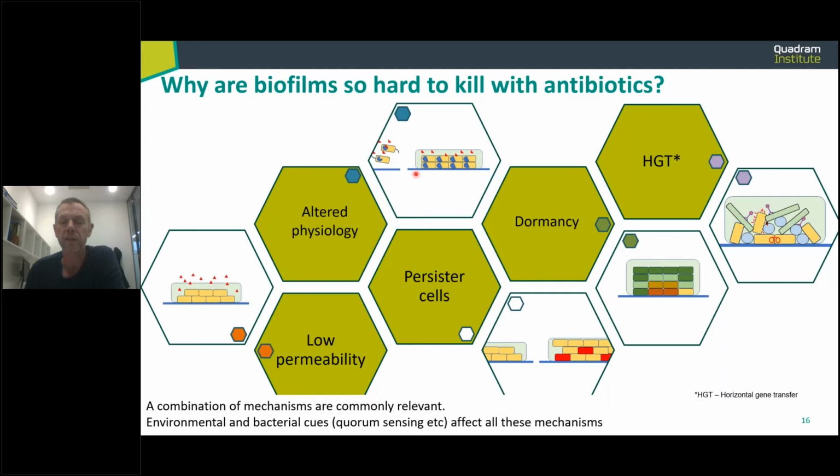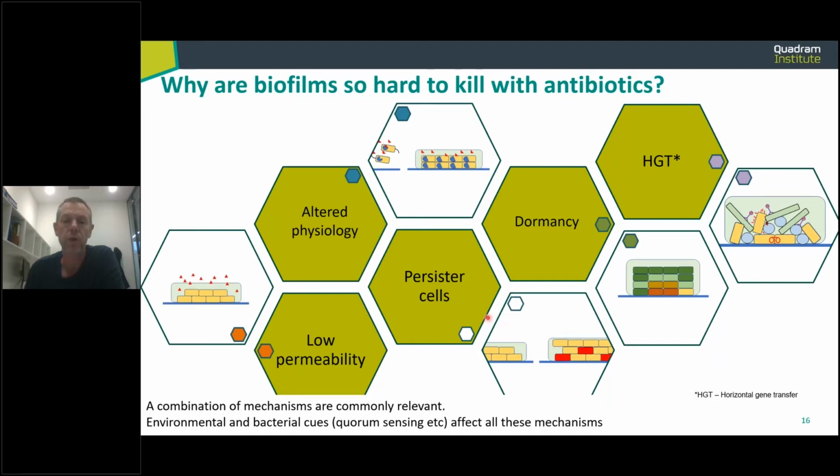You have this fact that the physiology of cells is very different when they're in a biofilm context. So here again, in this little diagram, you've got a target being produced in planktonic cells and being inhibited by a drug, and actually when they're in the biofilm context, that target or a different version of it is being made, so the physiology of the cell has changed. Antibiotics often will target a specific protein or enzyme very specifically. If they're not making that or it's being changed, then you may become tolerant due to the essentiality of the target being different.